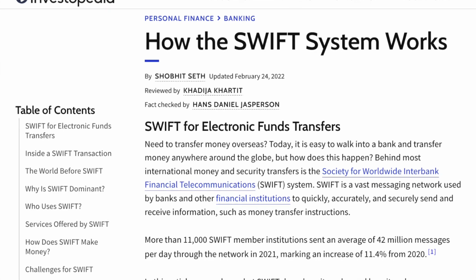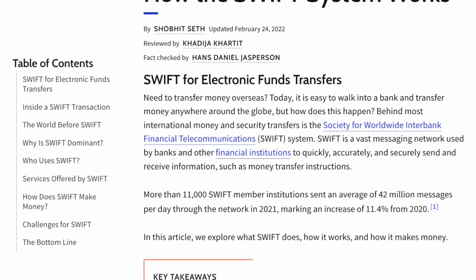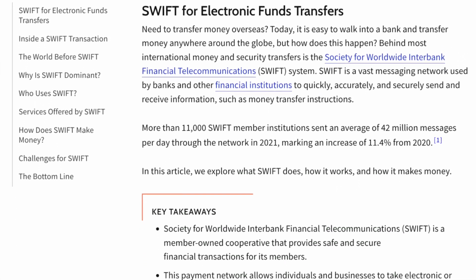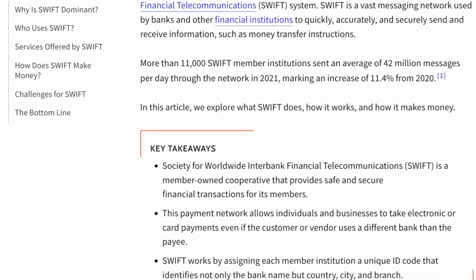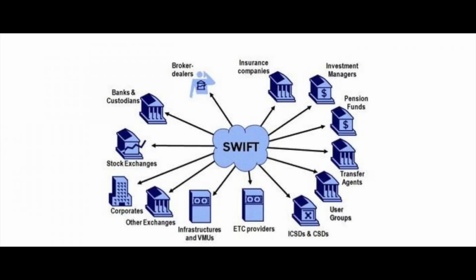And we are back to our topic. So what is SWIFT? SWIFT stands for Society for Worldwide Interbank Financial Telecommunication. As it sounds, it's a financial messaging system that connects different banks with each other through a global network, right? A lot of these banks, when they make international payment transactions, use SWIFT to settle the transactions in the other part of the world.